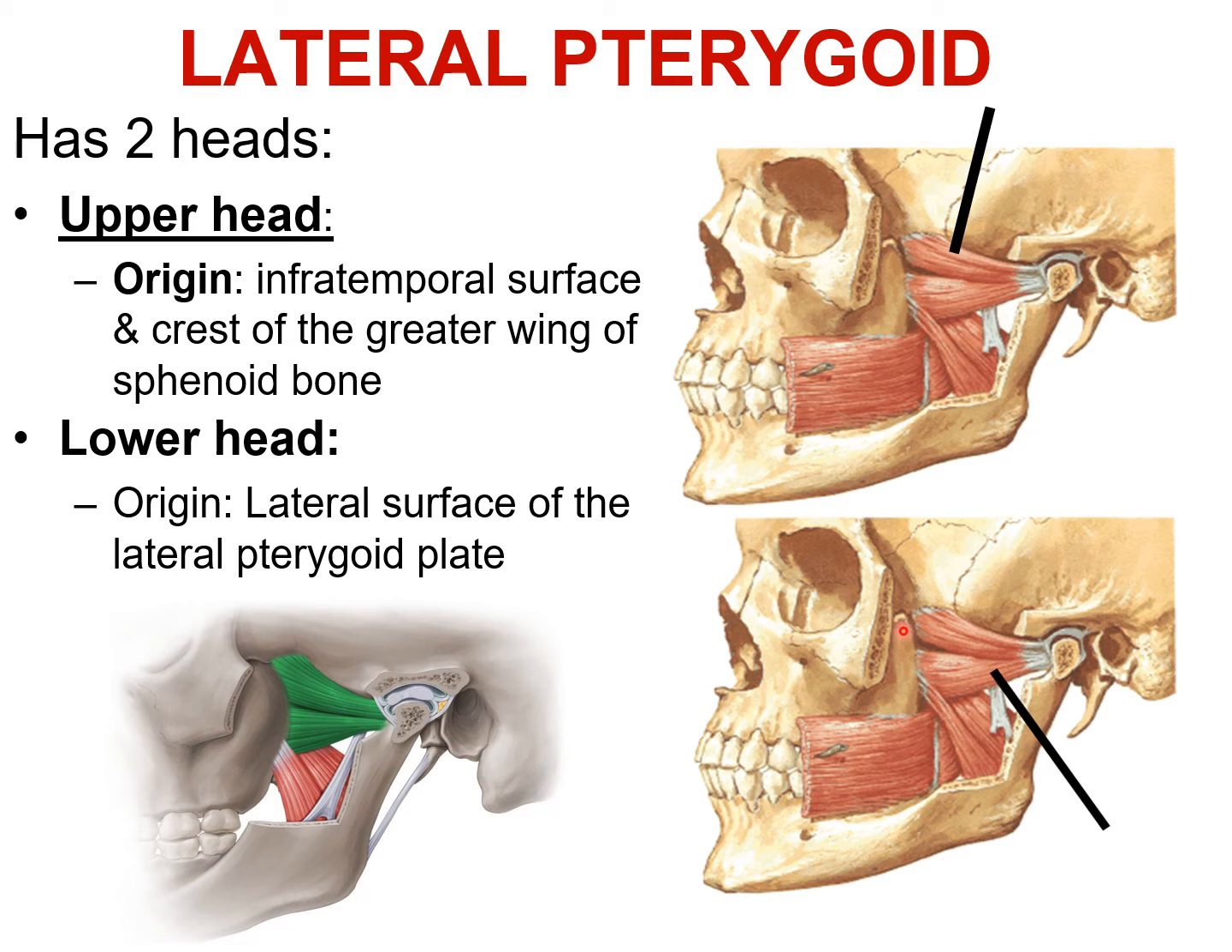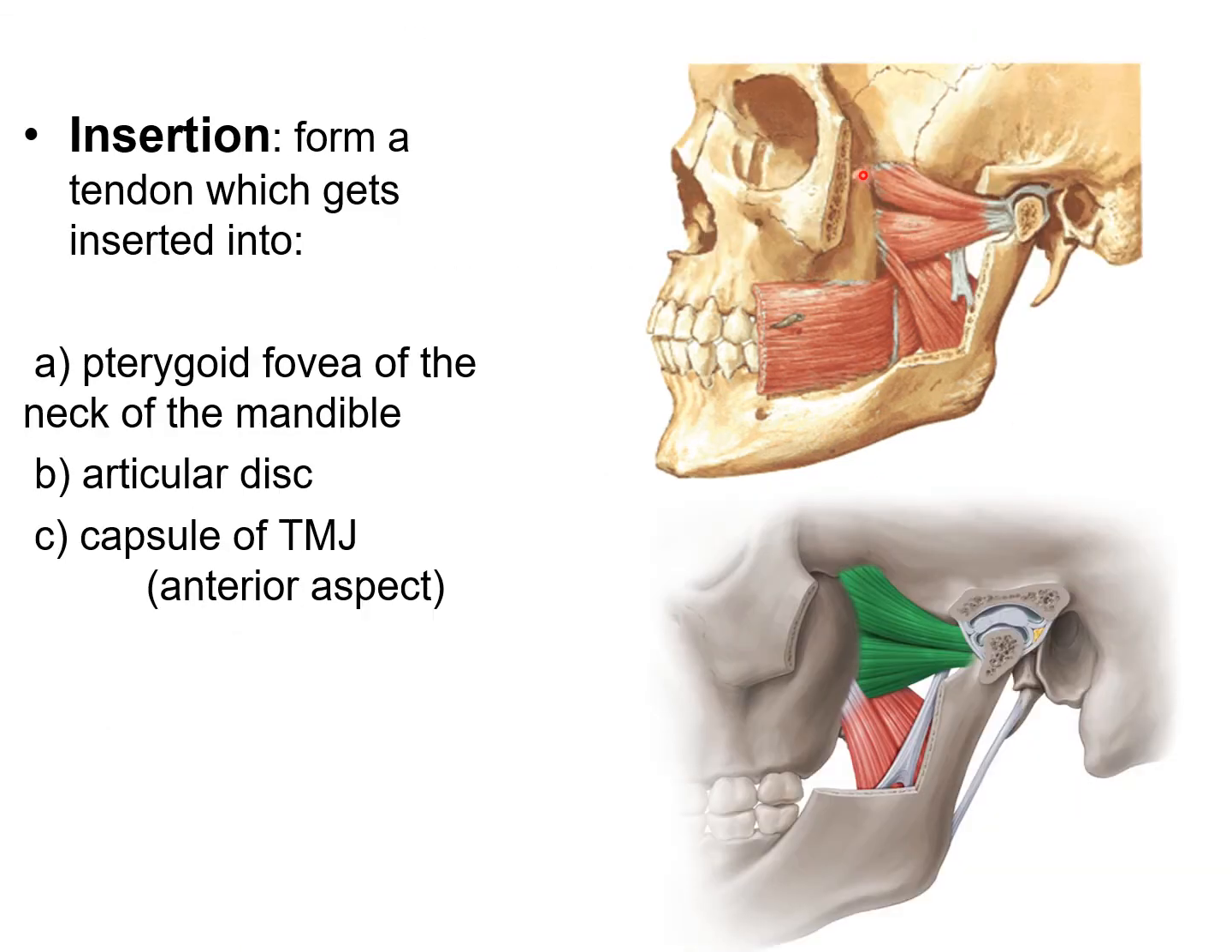The lower head is arising from the pterygoid plate: the lateral surface of the lateral pterygoid plate gives origin to the lower head of lateral pterygoid, and the upper head is arising from the infratemporal surface and the crest of the greater wing of sphenoid. Now as you can see, both the heads are uniting and converging backwards to gain insertion into the pterygoid fovea. So talking about insertion, both the heads proceed backwards and laterally and they converge into a